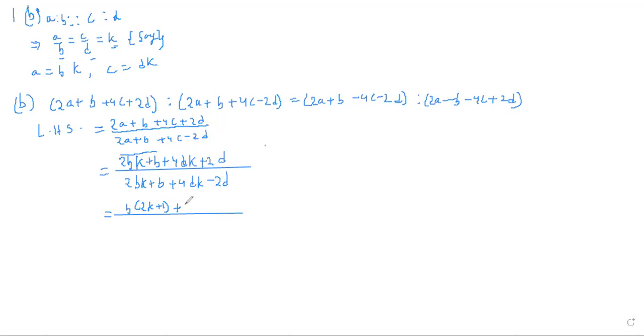In the next two, 2D is common. So 4DK upon 2D is 2K, plus 2D upon 2D is 1. And in the denominator, if you observe, again B is common, so 2K plus 1 plus